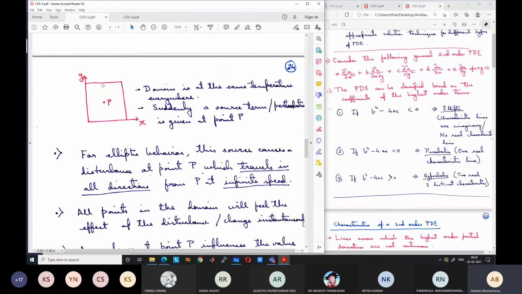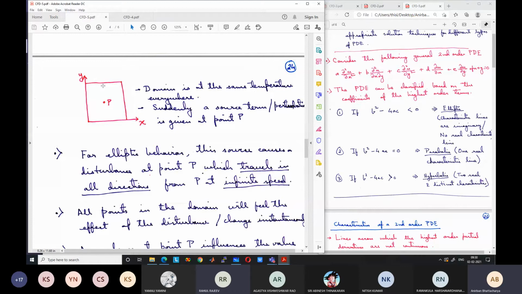Or let me pose the problem in another way. Say all the boundaries are maintained at 200 degrees centigrade. Initially we had a square plate at 30 degrees centigrade. Now I maintain all the boundaries at 200 degrees centigrade. What is the steady state temperature distribution in the plate if there is no source term? You have read heat transfer. It should be very clear to you. This is a very trivial question.